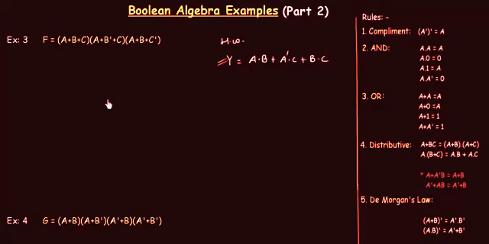so that is important. Now we will see example number 3, in which the function is f and it is given as a or b or c, and a or b complement or c, and a or b or c complement. So let's try to solve it. You can see a or b is common, and let's say x is equal to a or b. So I can write this function f as x or c, because a or b is equal to x, and a or b complement or c, and a or b is again written as x or c complement.